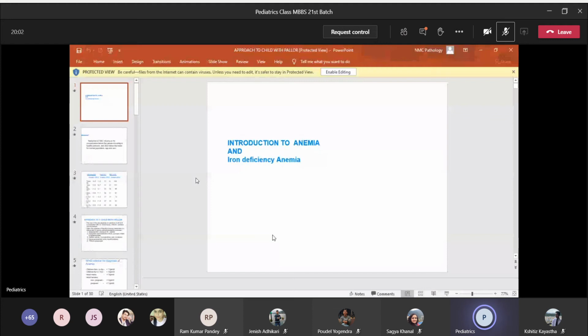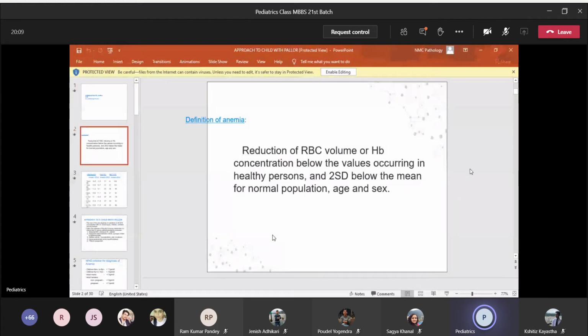आजको टपिक छ approach to anemia and iron deficiency anemia. Anemia: reduction of RBC volume or hemoglobin concentration below the value occurring in a healthy person, that is below the